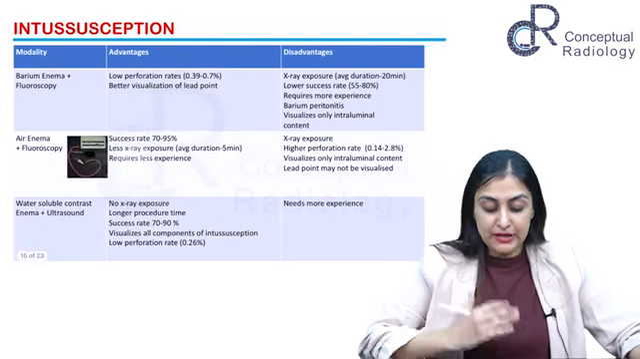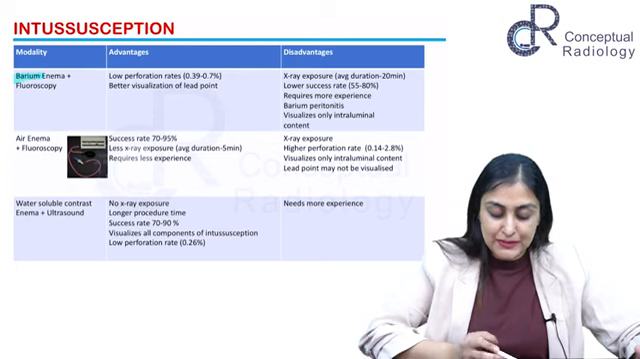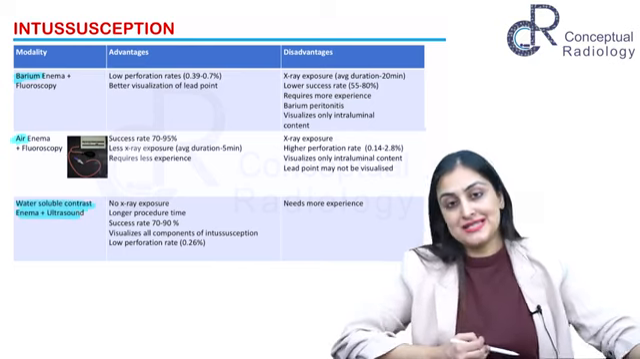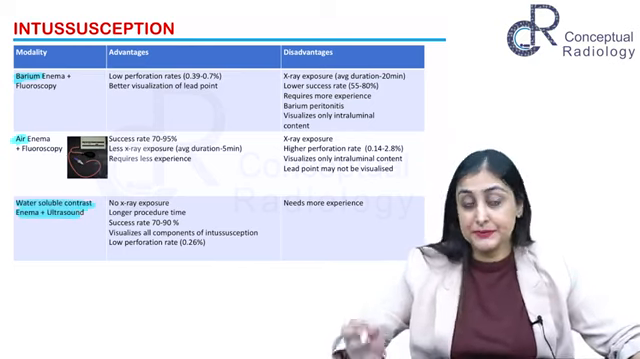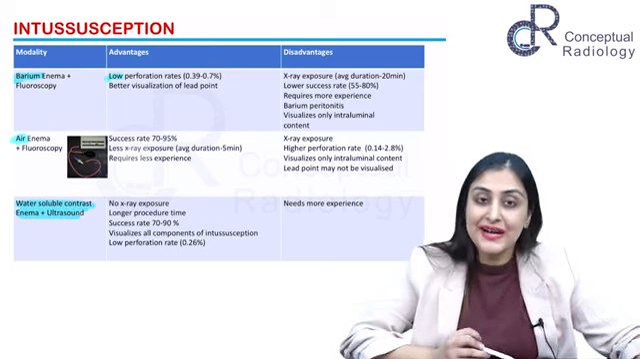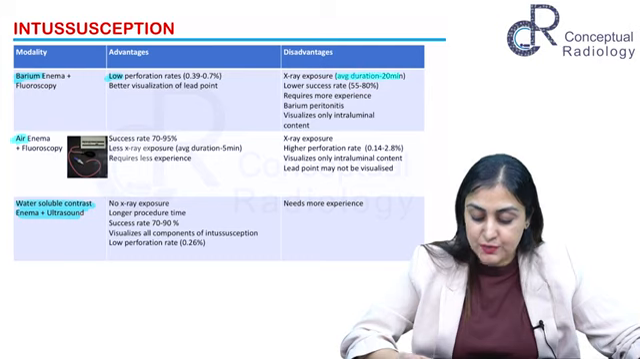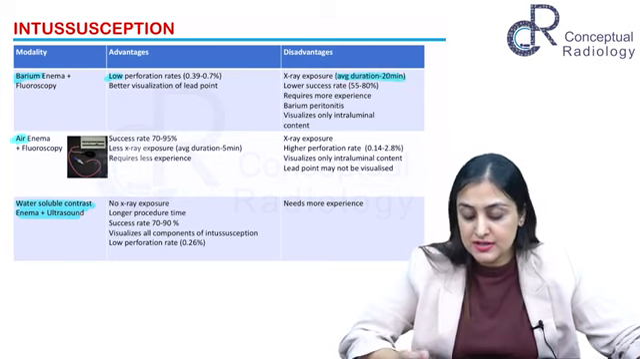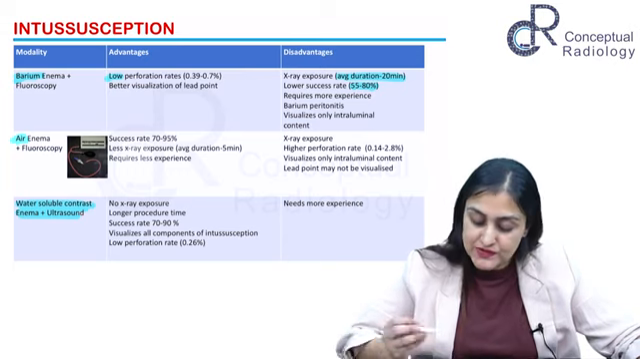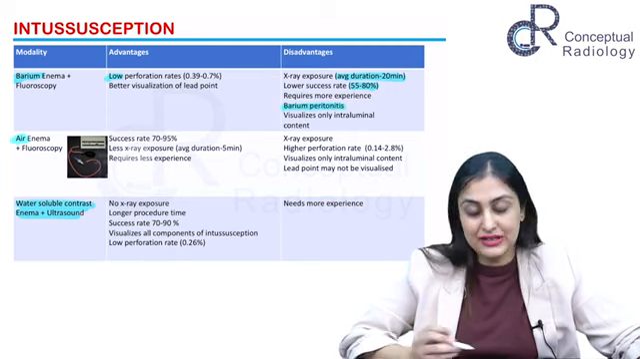So now, which enema? I'm going to show you a comparative table, again very important for the theory exam as well. We have a barium enema, we have air enema, and you can also do an ultrasound guided contrast enema or a hydrostatic enema here. Advantage of barium is that the perforation rates are lower and you can better visualize any lead point, if any. Disadvantages are that there is higher X-ray exposure. It takes longer time, around 20 minutes. The success rate is relatively lower, around 80%. It requires more experience. There is barium peritonitis risk because we're injecting barium, and you can only visualize